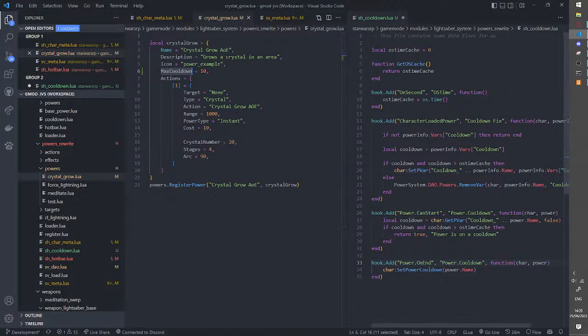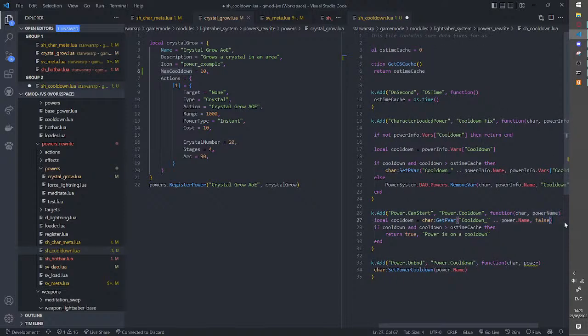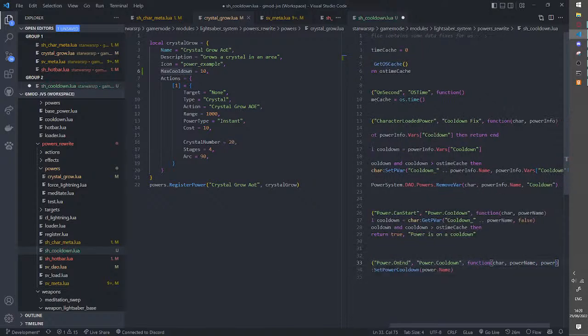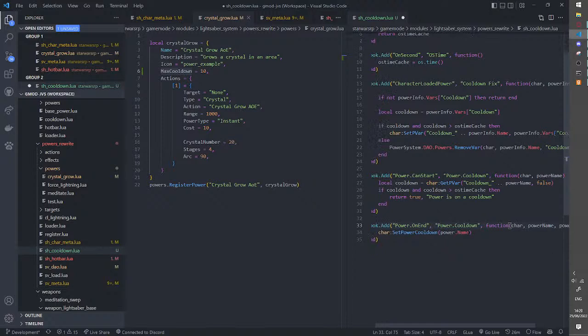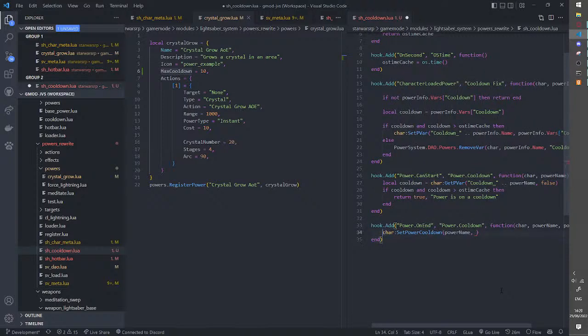So I mean, I feel as if I put power name actually through here. Yeah, I did put power name, which seems a bit stupid. I should also pass in the power data. So I think what I might do is power name and then power. So if I need the power, so then it's power name and then power dot,